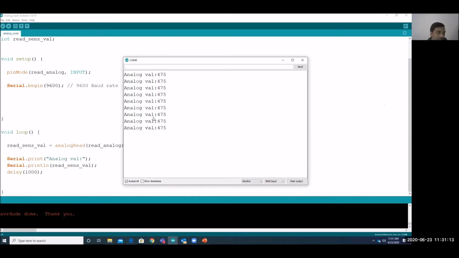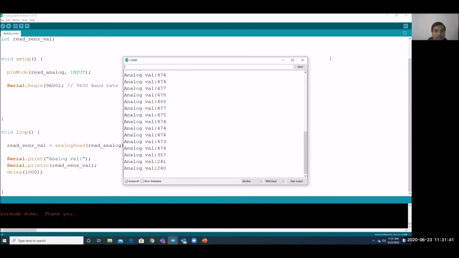Now I will change the sensor value. I will rotate this. Here I have connected that sensor, blue color, which I told earlier, that pot, and through that pot only that value comes. So if I rotate that pot, then value will change. Now let me change it to some value.